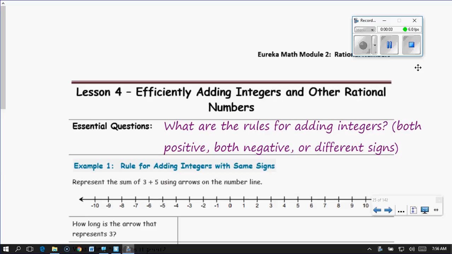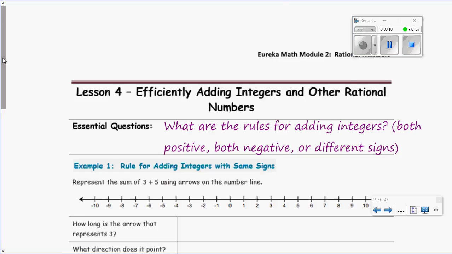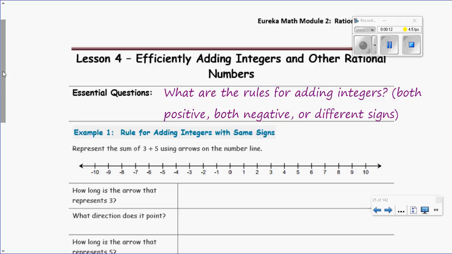Hi everybody, this is Module 2, Lesson 4. We are efficiently adding integers and other rational numbers. So your essential question is pretty basic. It's just what are the rules for adding integers? And we're going to go over if they're both positive, if they're both negative, or what about when they are